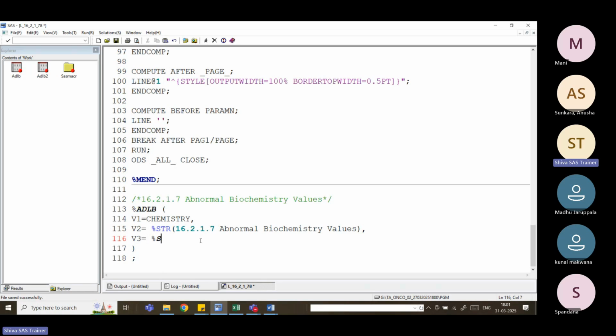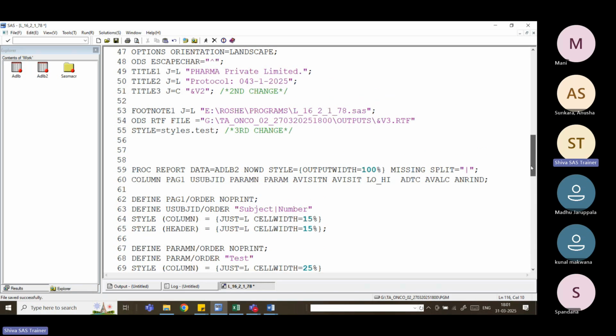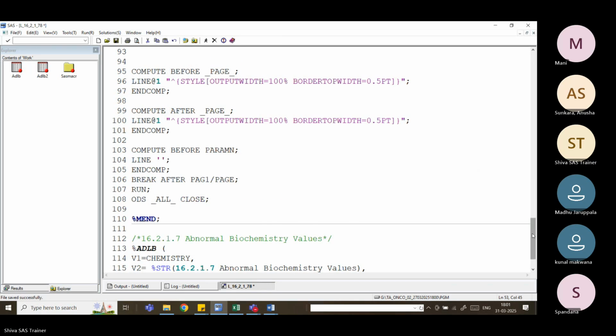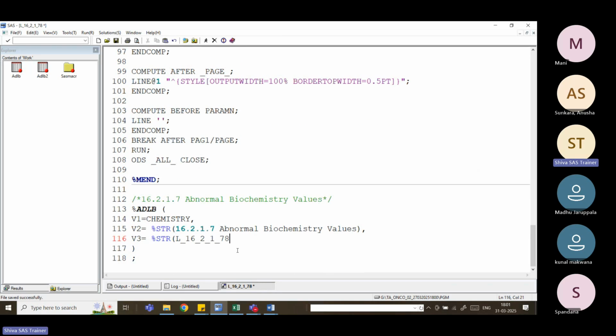And the third one, &v3. Here the output should be 7. Here also an underscore special character is there. That is why we use %str to mask this one. So now if you run this code,